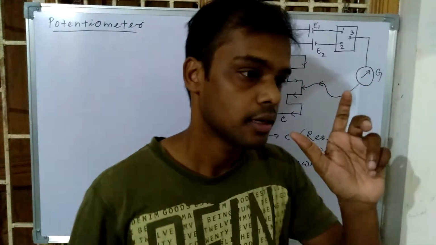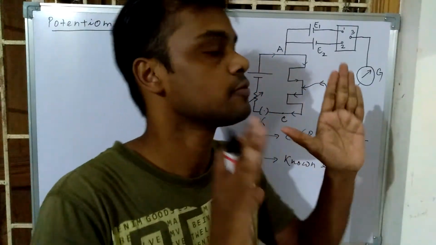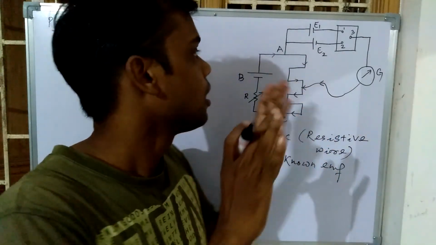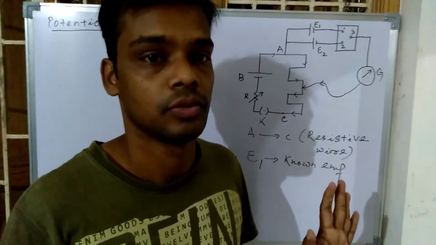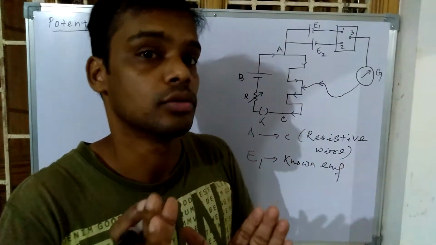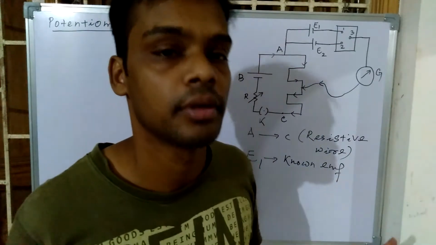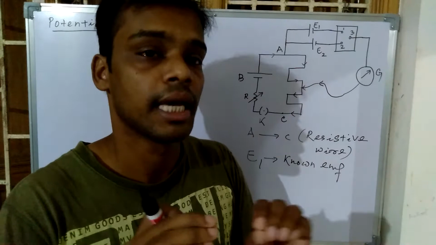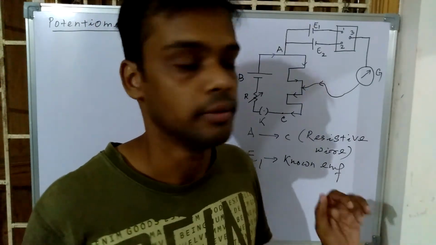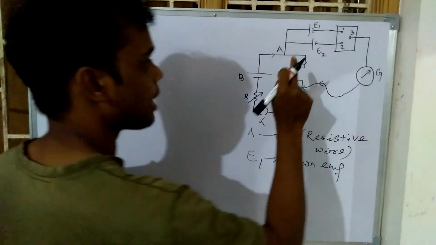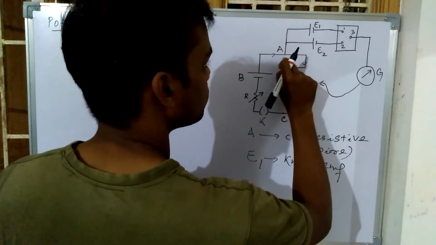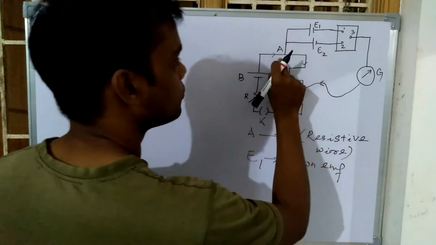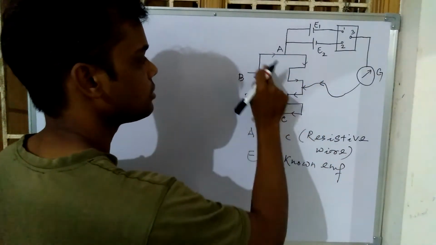In KCL, in KVL or the Kirchhoff's loop rule, don't worry about the direction of the current. You have to check whether the loop is completed or not, whether the loop is open or closed. If it is closed, then definitely go for the Kirchhoff's loop rule. If the loop is not closed, then Kirchhoff's loop rule cannot be applied there. Very simple. So now I will apply KVL or Kirchhoff's loop rule in this path, and in this path up to A. So I will simply exclude these parts.